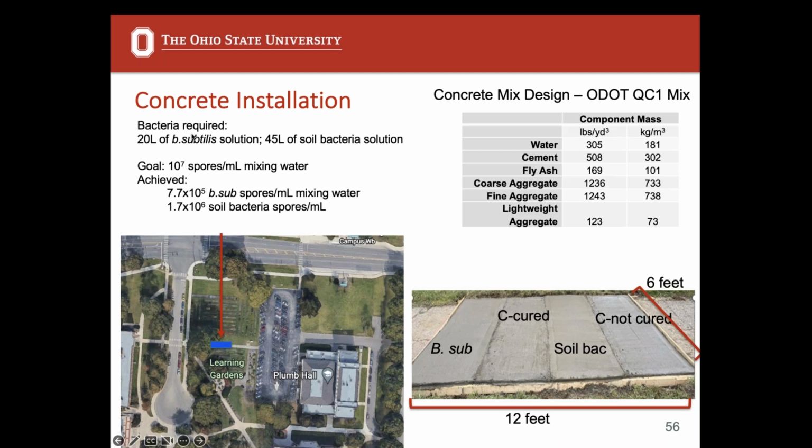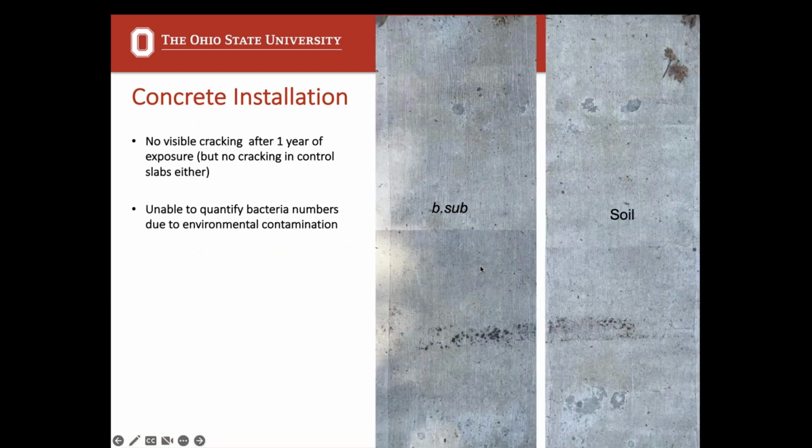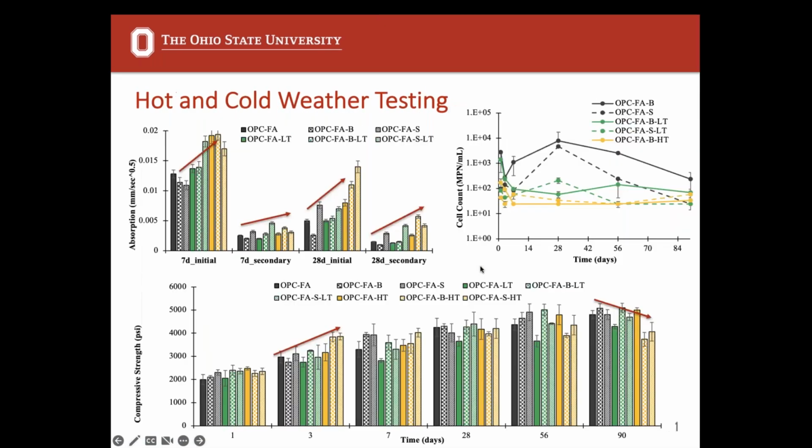How long do you expect the bacteria to survive in the concrete itself without any spray of nutrients? So what we saw in the lab testing was that, let's see, this one shows it. So look at the black, that we still have bacteria present up to 90 days. But I'm unsure that having tens or maybe hundreds of bacteria in the sample is enough to induce sporulation. And that's part of what I think more research needs to be done on, is how many bacteria, what's the threshold below which nothing happens? Is it 10 to the 2, or do I need to maintain a 10,000 bacteria per gram of cementitious material